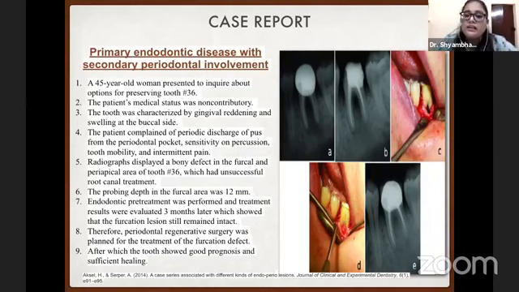Once that was done, a proper post-endodontic restoration was given, and the patient was kept for follow-up of 3 months. Now, after 3 months, when the patient reported, the periapical lesion had shown some healing, but the furcal area still remained unhealed. So the decision was taken to go ahead with the periodontal therapy, wherein periodontal regenerative therapy